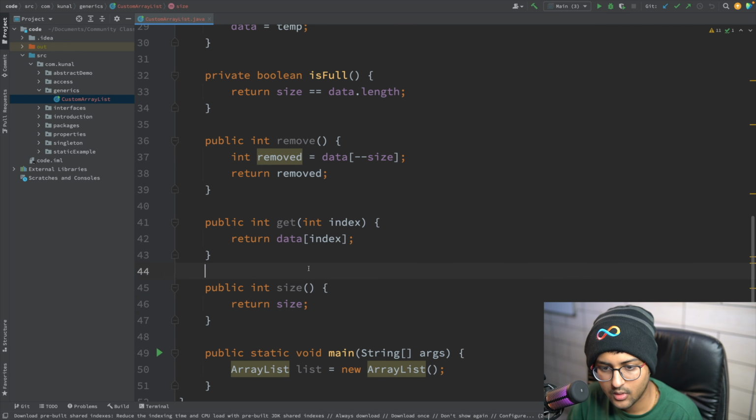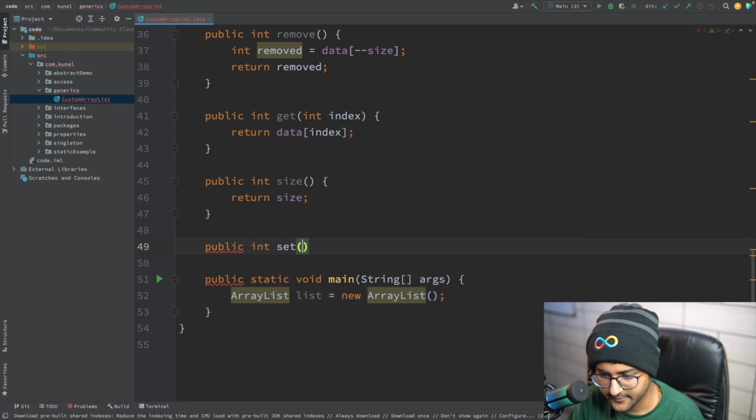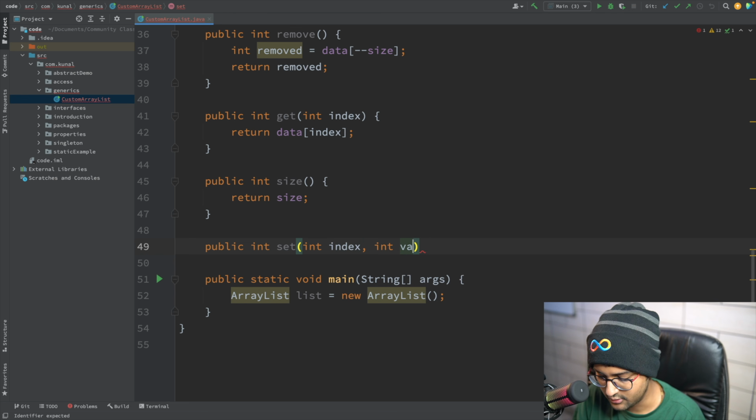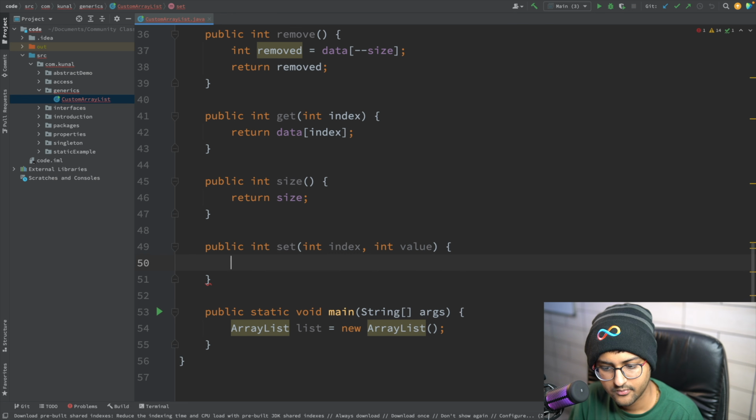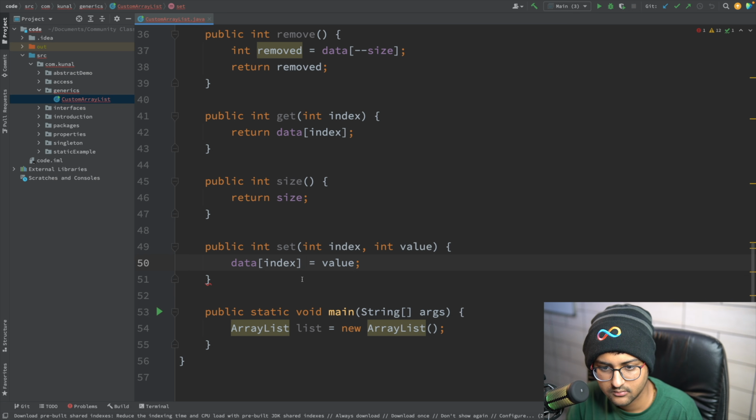Cool. What else does it contain? It contains a set as well. Public int set, index value, and then the normal value. Okay, so I'm going to say data of index is equal to value. Set is actually not returning anything, so void.